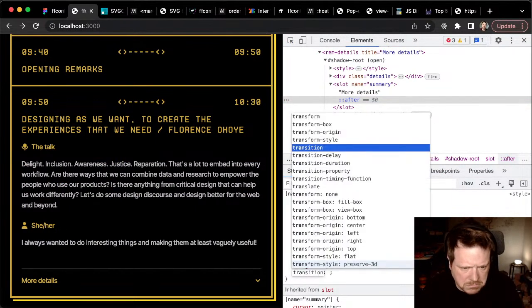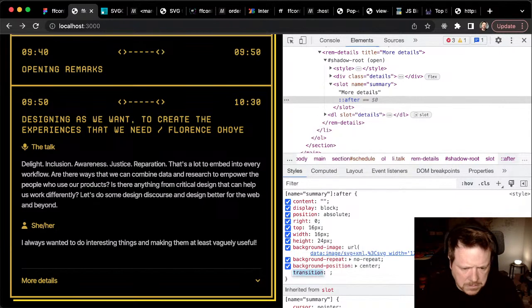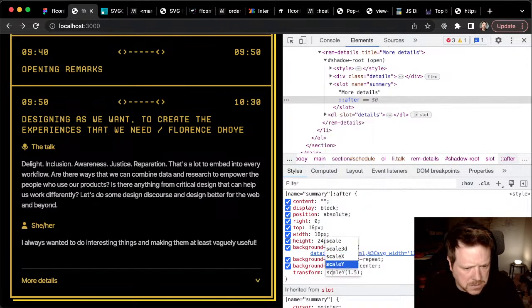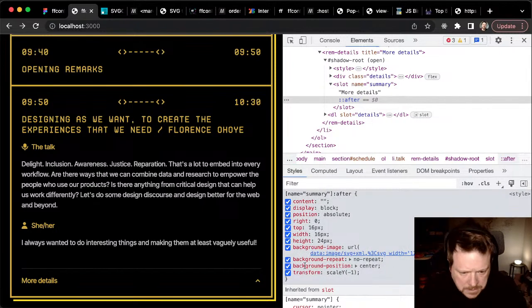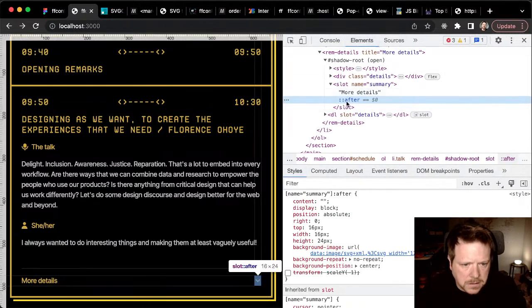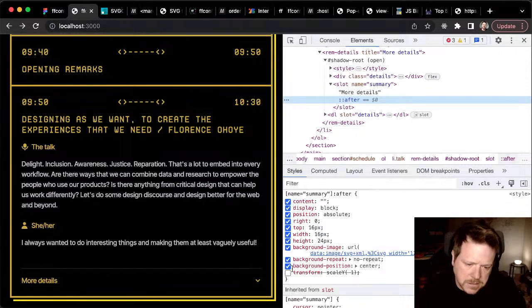Transform? No, transform, and then scale Y -1. There we go. That's where we want to flip it, don't we? I guess